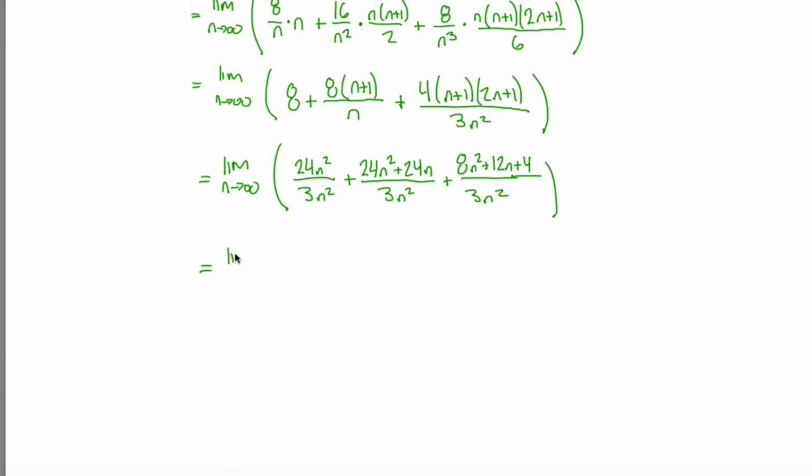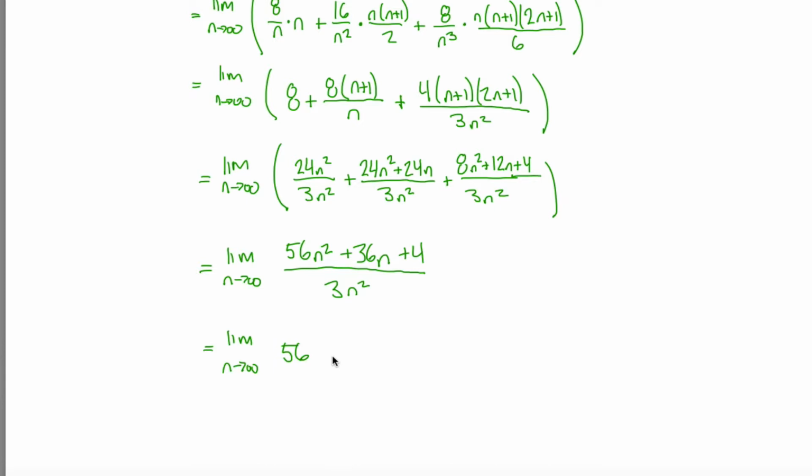So really what I have here is the limit as n approaches infinity of, let's combine like terms. For my squares, I got 24 plus 24 more plus 8 more. That's 48 plus 8 more is 56n squared. What about my n's? Well, I got 24 here and 12 here, so I guess I got 36 of them. What about my constants? Just got 4, and that's over 3n squared. The limit as n approaches infinity. How about let's factor out an n squared from everything. Let's say this is the limit as n approaches infinity of